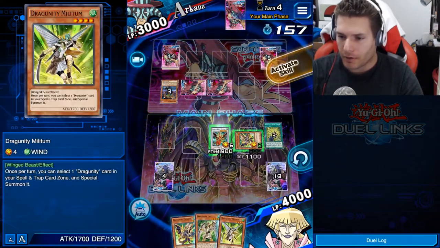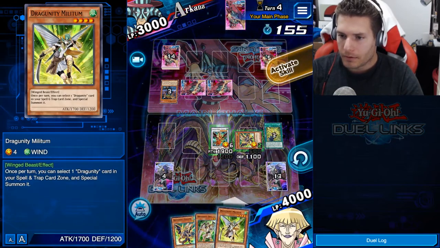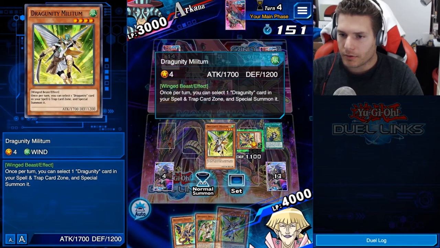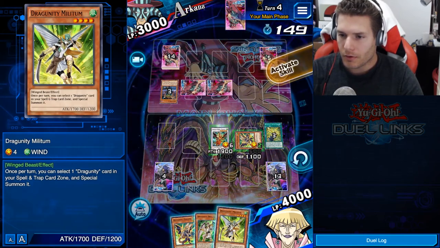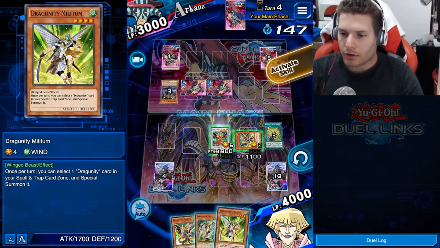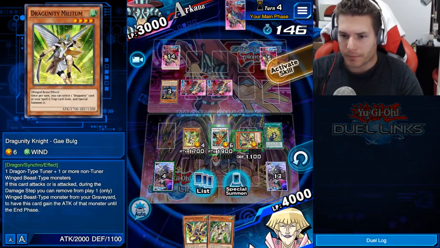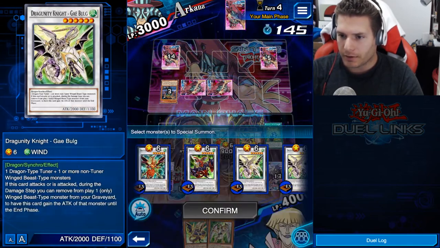Militum. All right, so... Let me go about this. What would be a good way to go? You know, I'm going to summon Militum. And then we're going to go ahead and get...